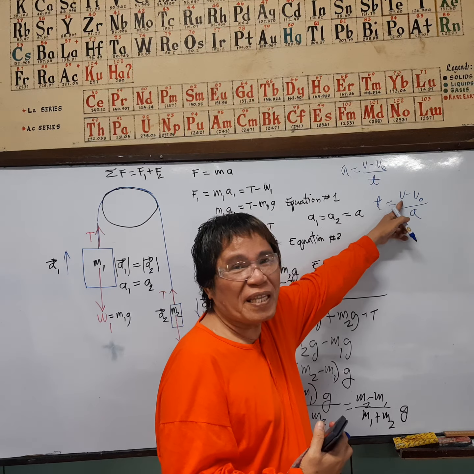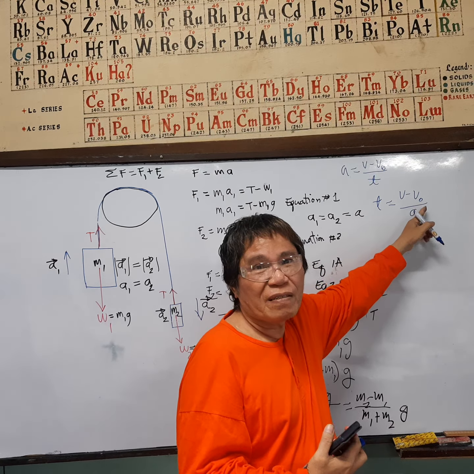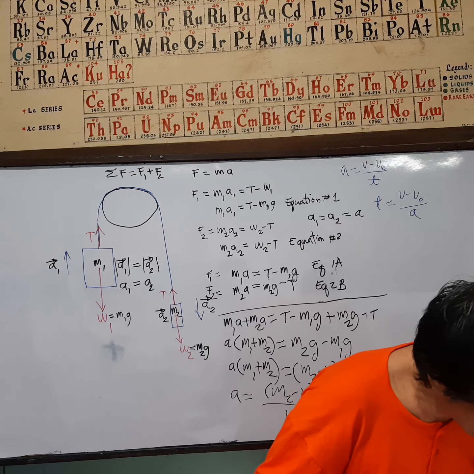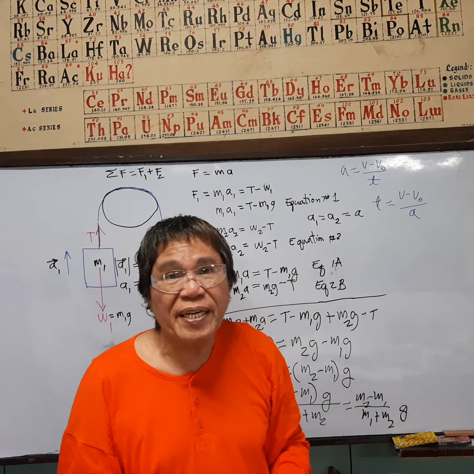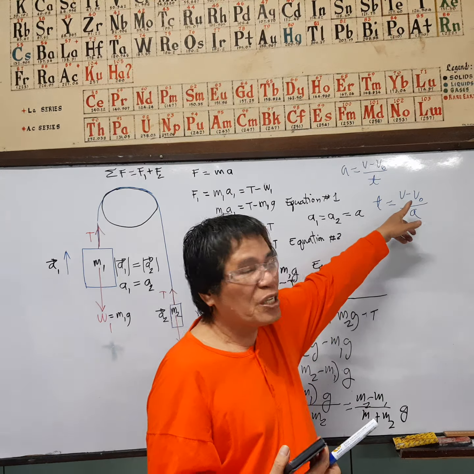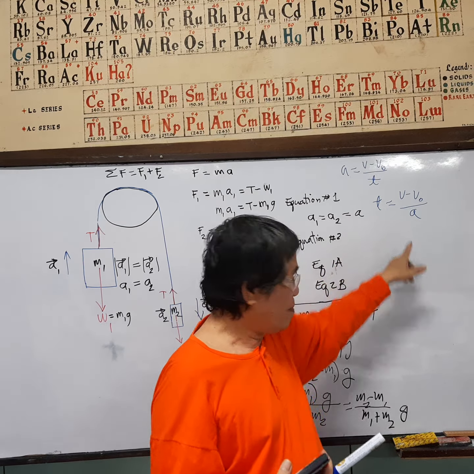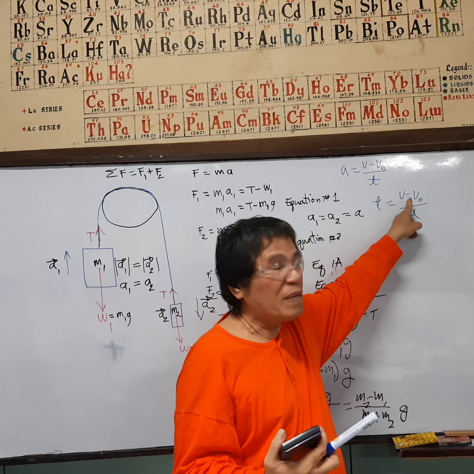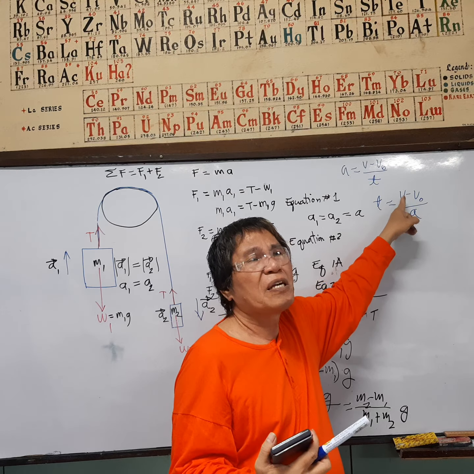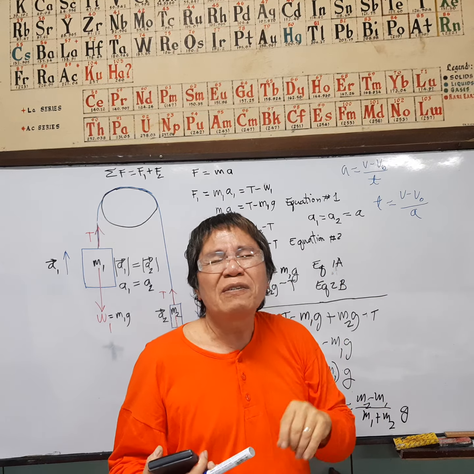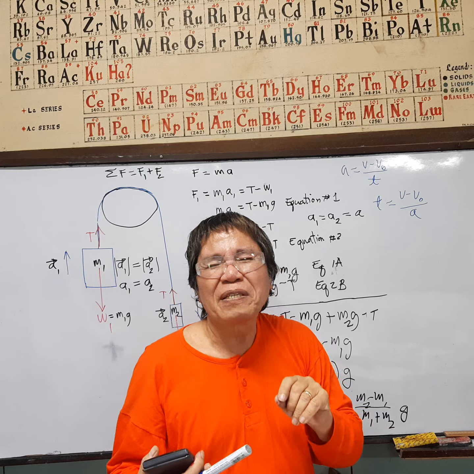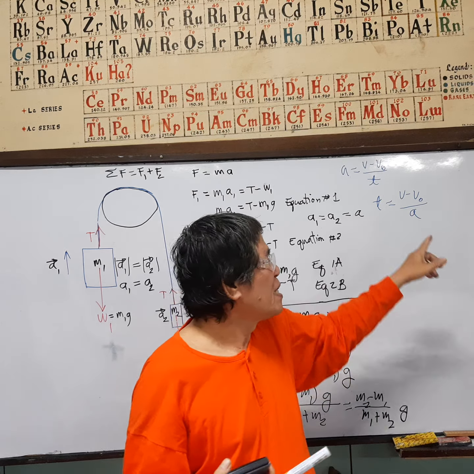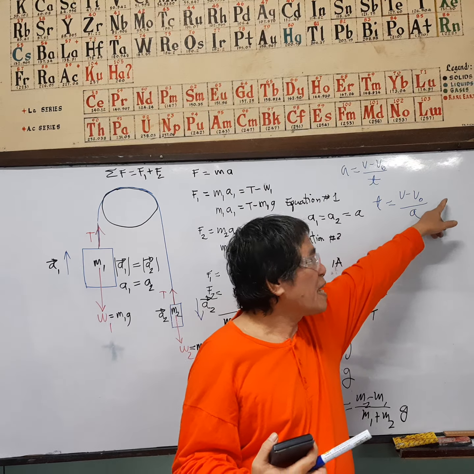Substitute. Final speed is 0. Initial speed. What's the initial speed given? According to the book, it is moving with a speed of 1.5 meters per second. Substitute. The result in the numerator is negative because 0 minus 1.5 equals negative 1.5. Negative 1.5 divided by negative acceleration, the answer is a positive